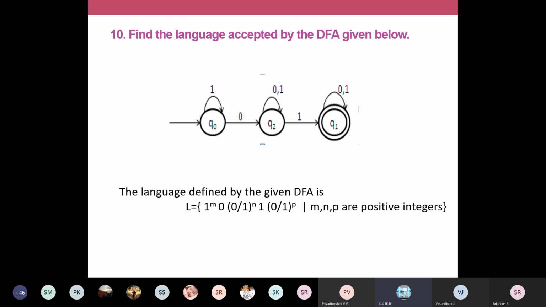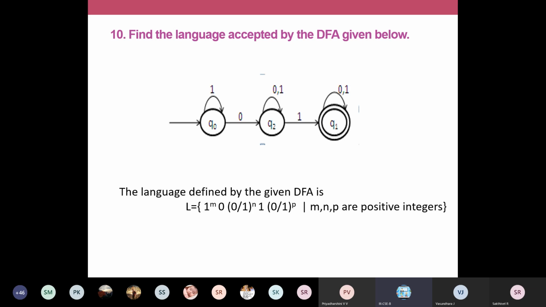If you are given well-known diagrams, like the even number of zeros and even number of ones with four circles, you can easily identify the diagram. It will accept strings with even number of 0 and even number of 1, so you can straight away write down the language. L is equal to the set of all strings with even number of 0 and even number of 1. But for problems like this, we can define a notation like this. L is equal to, you can raise to the powers.